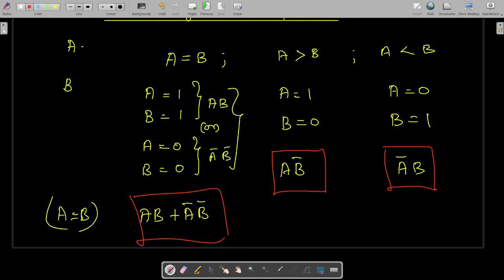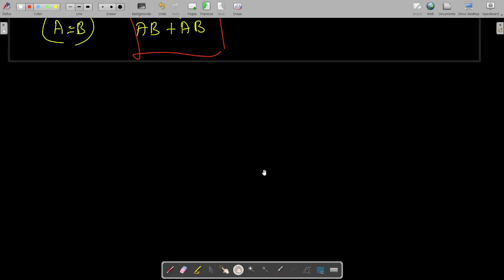If you know this kind of logic, then we can find the Boolean function corresponding to the 3-bit magnitude comparator without writing the truth table, because it will lead to so many combinations. After that you have to go for a K-map, so it is a very tedious process. This logic will be very useful for us. We are going to consider two numbers A and B, but these numbers are 3-bit values.